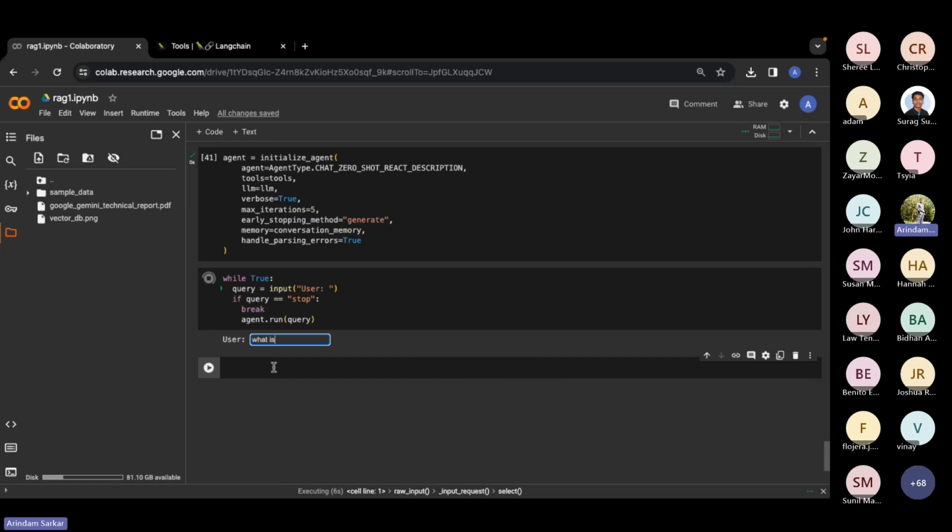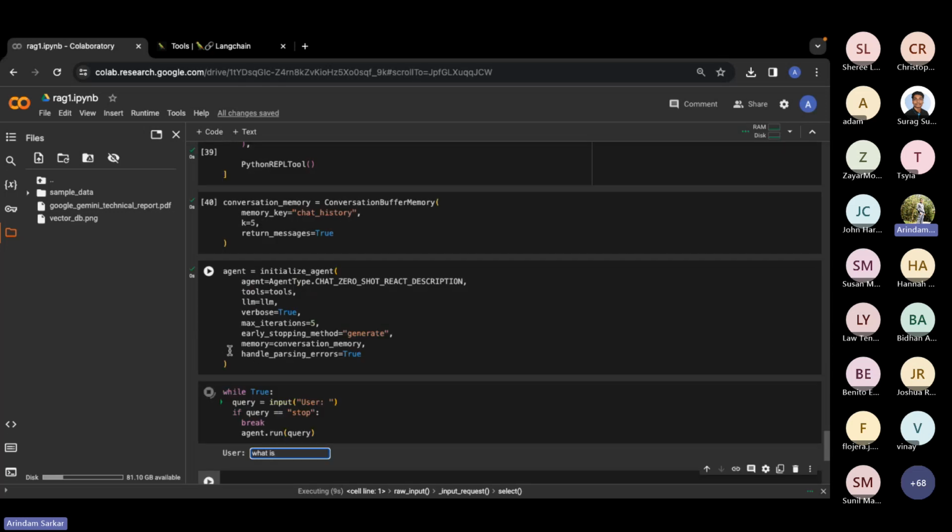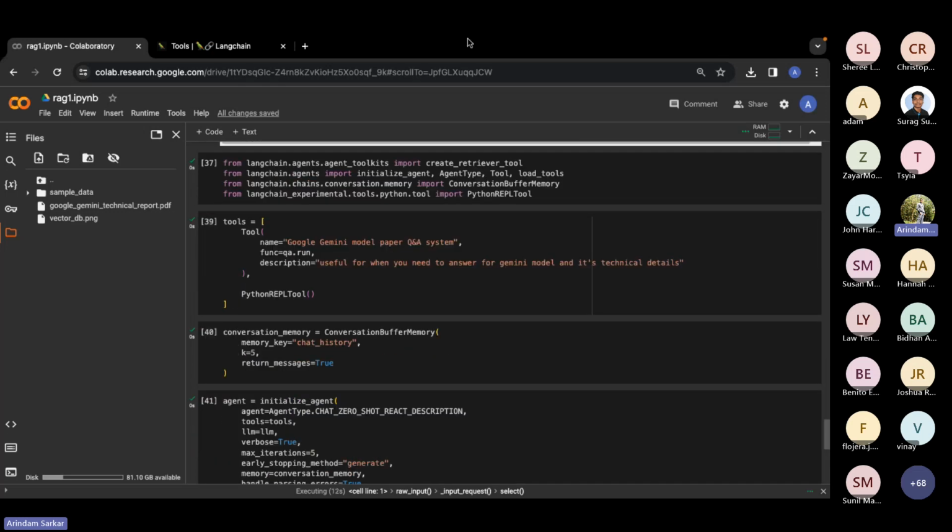Let's give it a very good programming exercise. So here, let me just explain a couple of things. One is the first tool. If you are able to understand what we are using as a tool, it is what we have just created as a vector DB. As I was saying, you can think of that vector DB also as a tool, right, which the agent is getting exposed to. Then this Python wrapper tool. What is this tool basically? This tool is developed by the Langchain framework only.